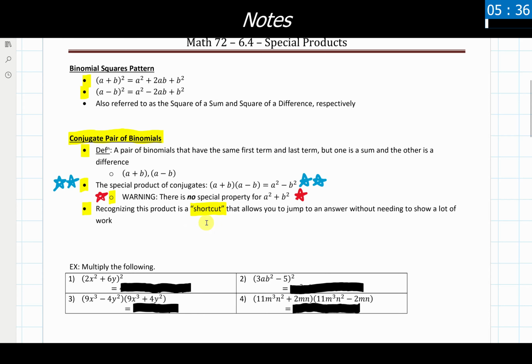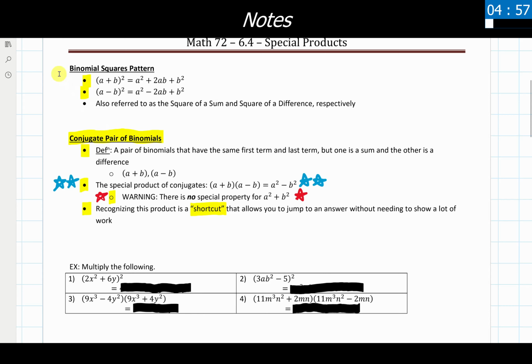The process that we learned in 6.3, which is the distributive property, and then multiplying things together and then combining like terms, 100% still applies here to everything that we are going to learn in this section, and therefore is perfectly fair game for you to use to go through and simplify and multiply these polynomials together. This section is just to give us some shortcuts when we have a couple very specific types of polynomials showing up in a problem. So let's dive into each of these different groups, as it were.